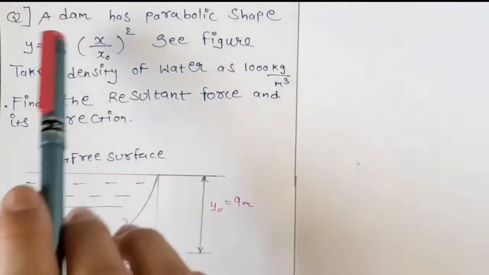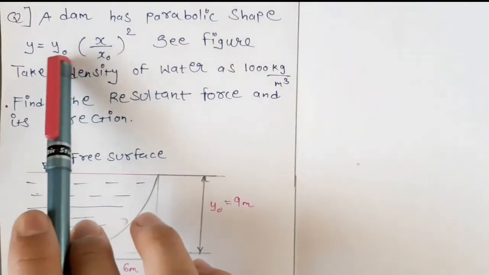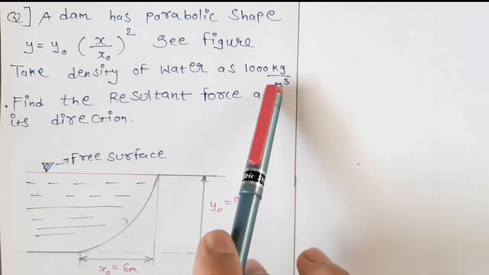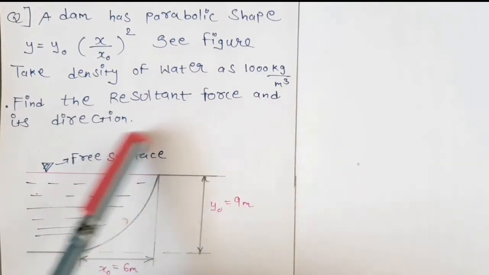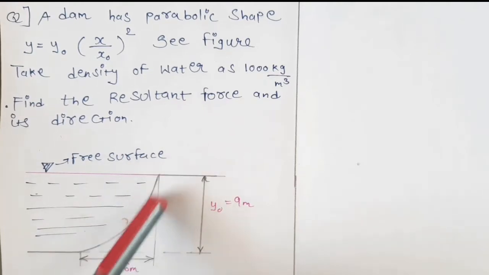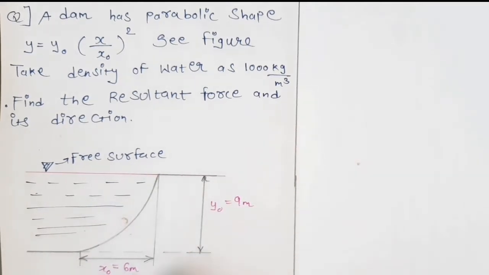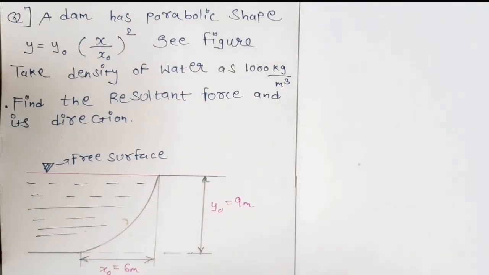So the numerical is: a dam has parabolic shape y equals to y0 into (x upon x0) the whole square. Take the density of water as 1000 kg per meter cube. Find the resultant force and its direction acting on the curved surface. Okay, so this is the free surface of the water, this is the curved surface of the dam. Y0 is equals to 9 meter and x0 is equals to 6 meter. So the solution will be,